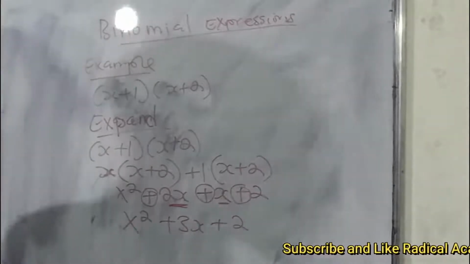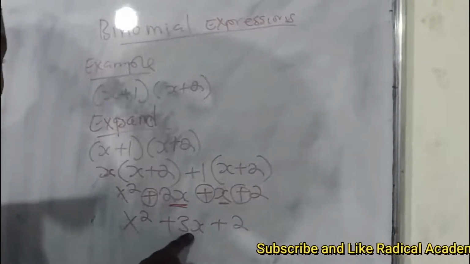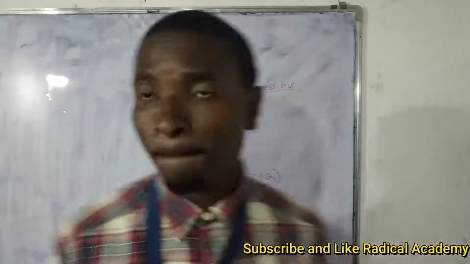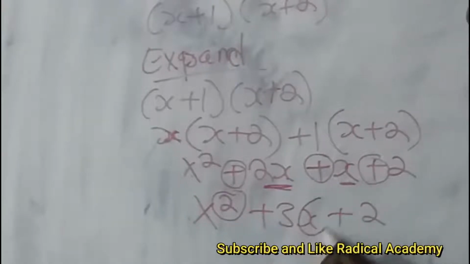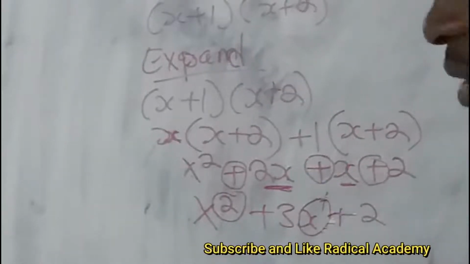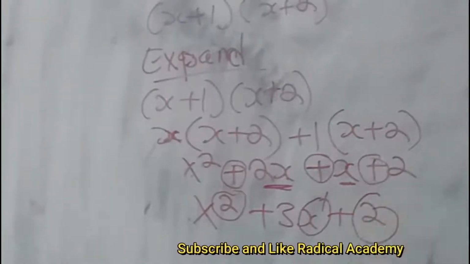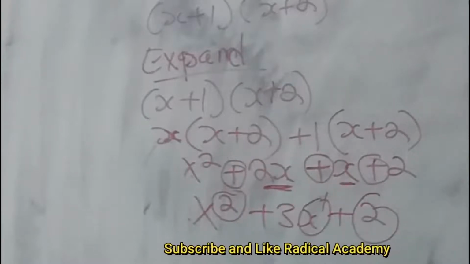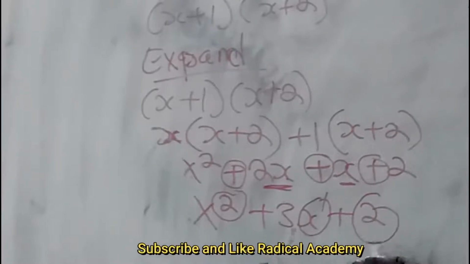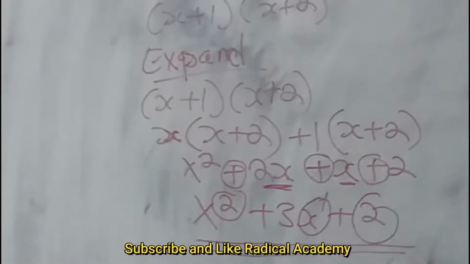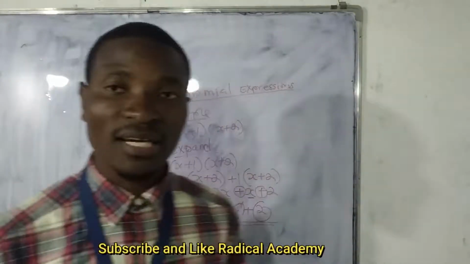Now you should ask yourself, can we actually add this plus this? No, because this is raised to the power 2 and this is not raised to any power, and this doesn't have any algebraic letter. So if that is the case, what you're supposed to do is end there. This is just an expression. So that's how you go about